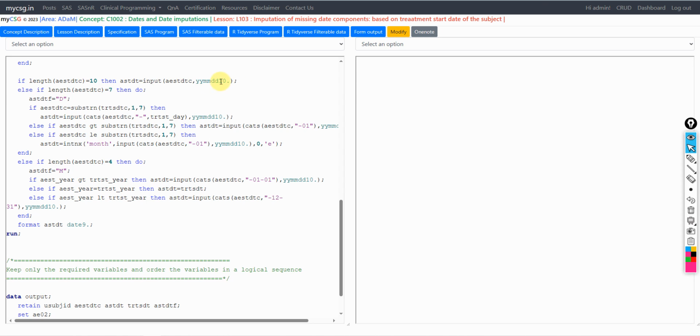That was part A, I think. So we have converted the full dates to numeric. And then comes our cases where we only have year and month reported. As per ISO 8601 notation, when we have year and month only reported, the overall number of characters in AESTDTC would be 7. So we are checking if length of AESTDTC is equal to 7, which means only year and month are reported. So in that case, we are simply assigning D to the ASTDTF, which means